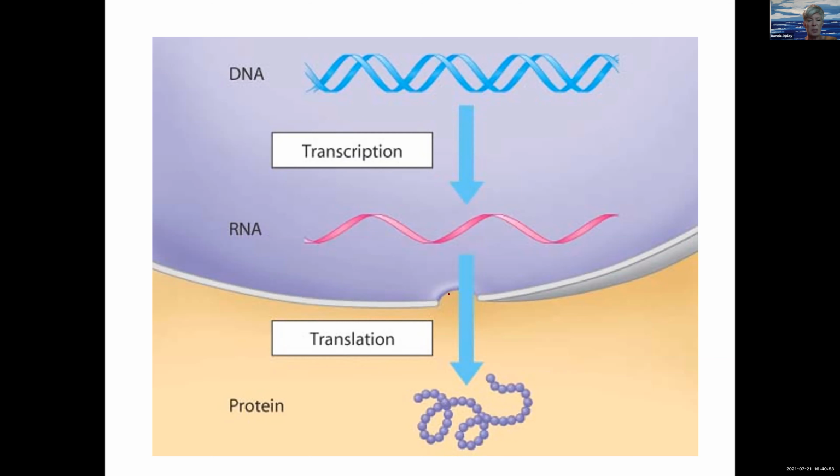We're just going to unzip it. We're going to copy off the section we need. That's going to make a messenger RNA. That messenger RNA is going to move outside the nucleus, and it's going to go to a ribosome in order to be translated into a protein. So translation, if you think about that word, going from one language to another one, in biological macromolecule language, we're going from